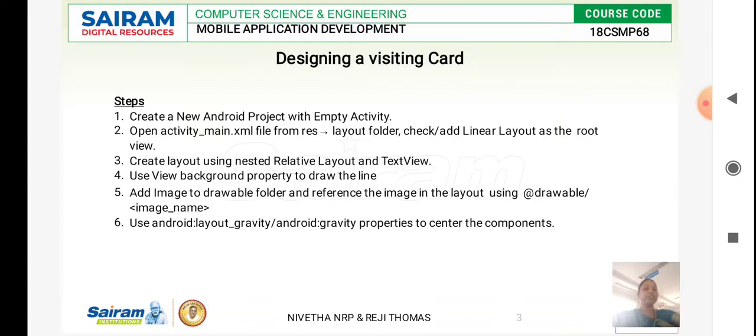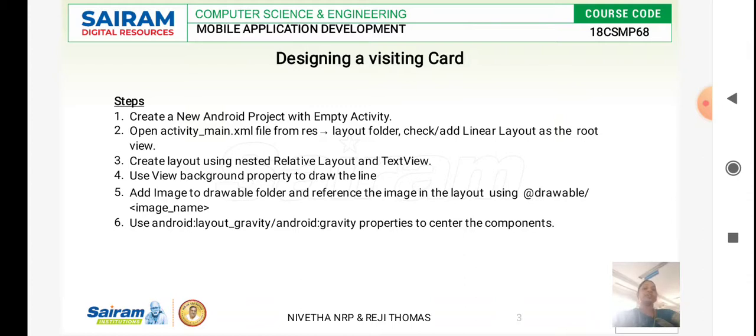In the fourth step, we can go with the view property, and you can alter the background property as per our specification by using the view background property. Then we are supposed to add the logo of the company. You can add an image, where we have an option in Android Studio.